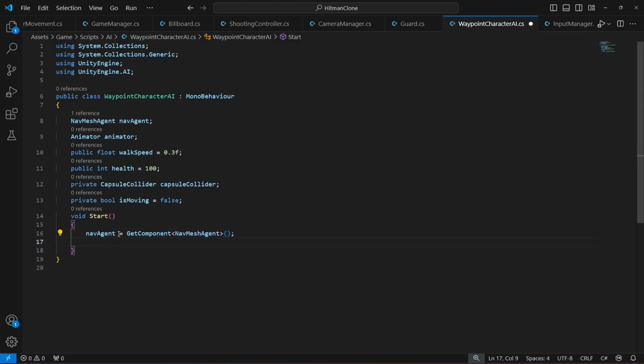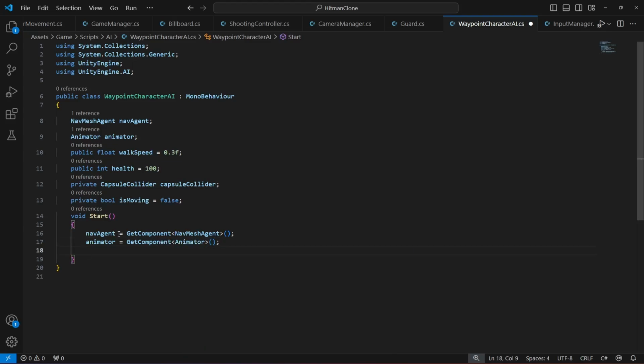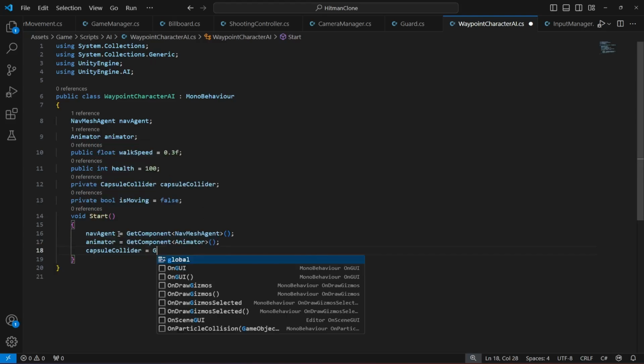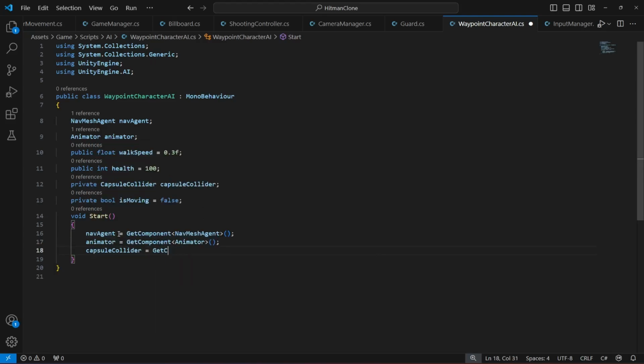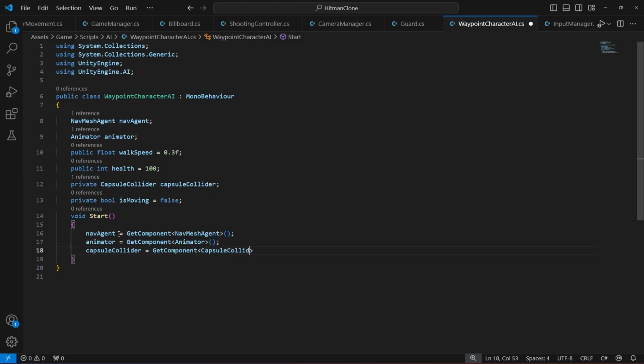Then we need to get the animator. So animator equals to get component animator, then the capsule collider, okay. After the capsule collider, what we're gonna do, we now gonna create a method